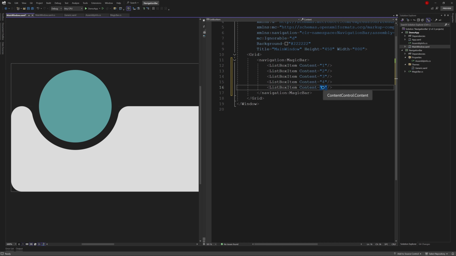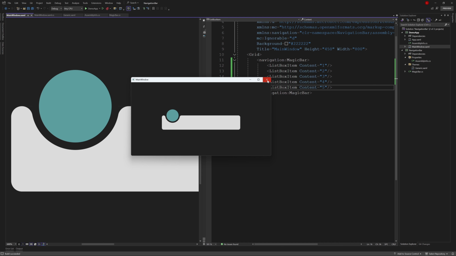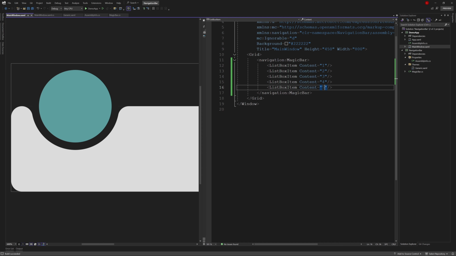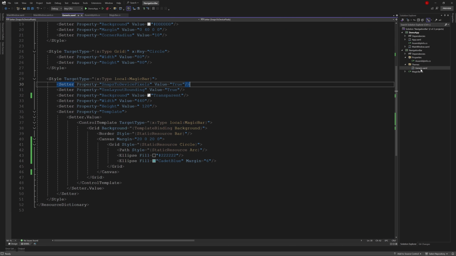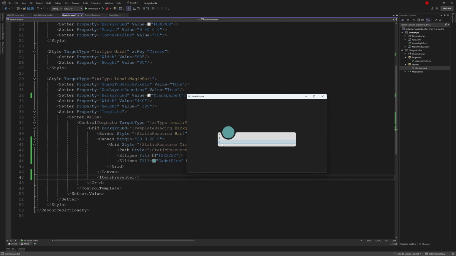But we can't see anything. Why is that? Because the custom control was overridden. To specify the position of the items, we need to add an items presenter. Okay, now we can see it, but it's not in the layout we want.